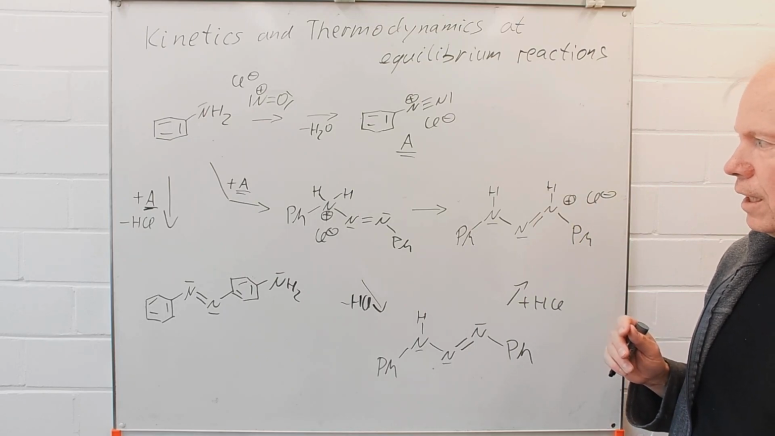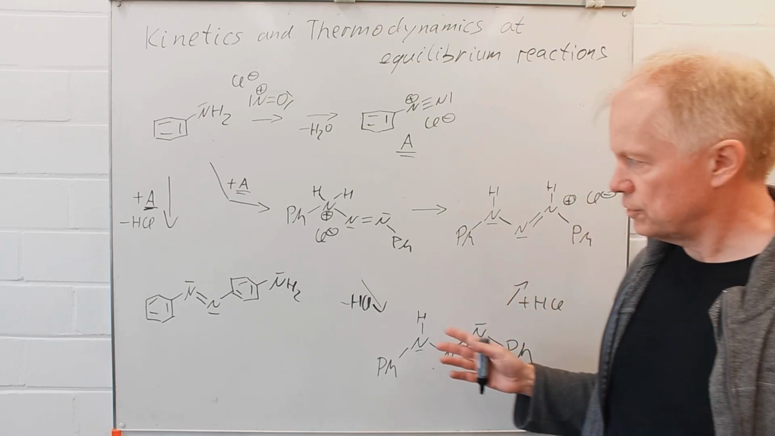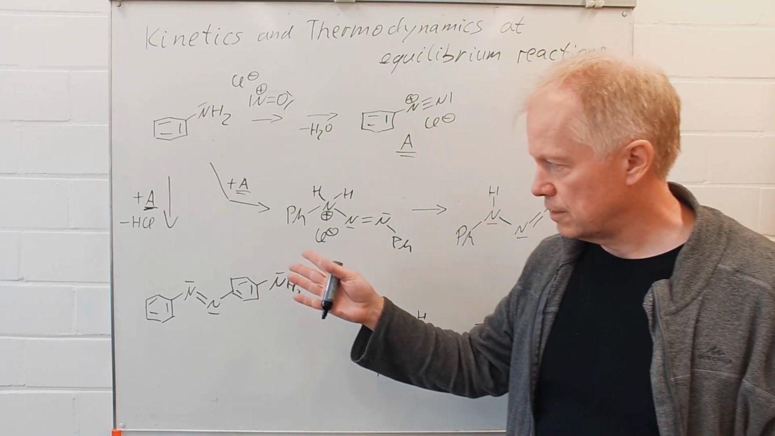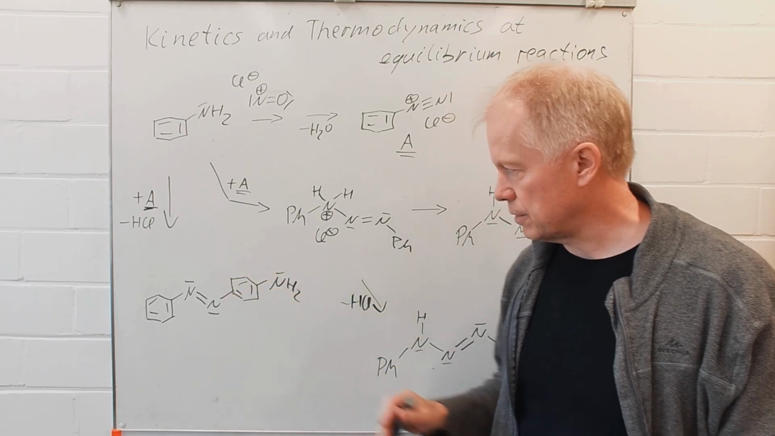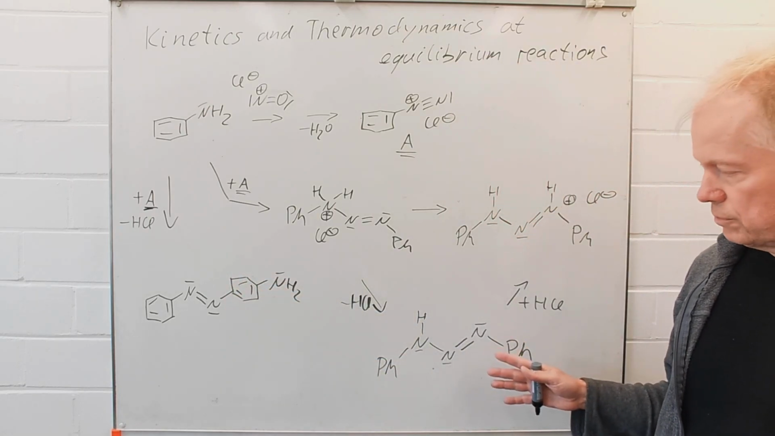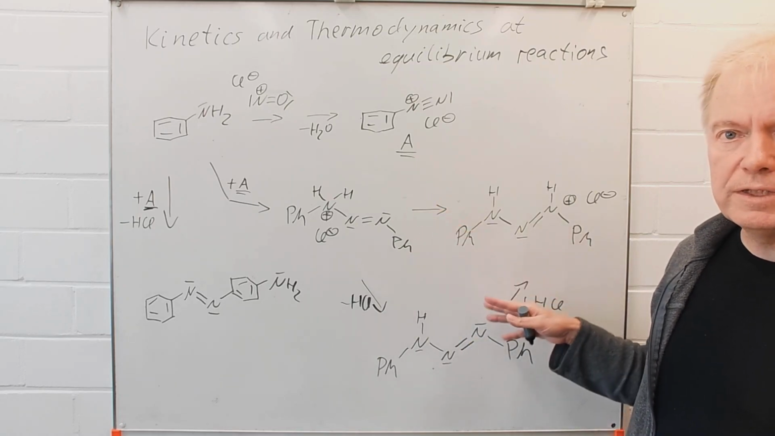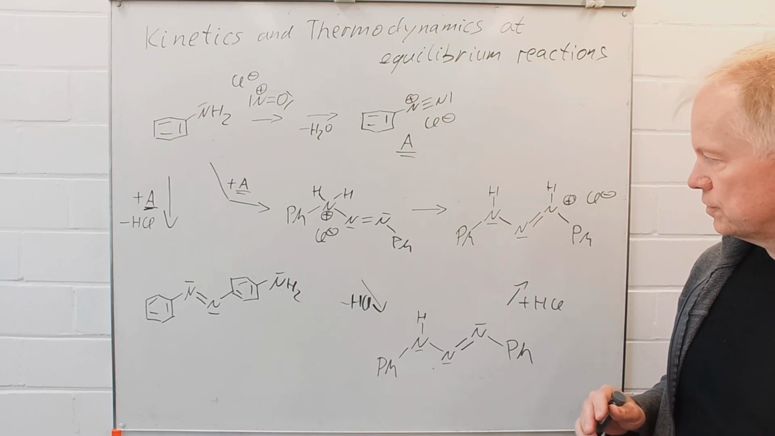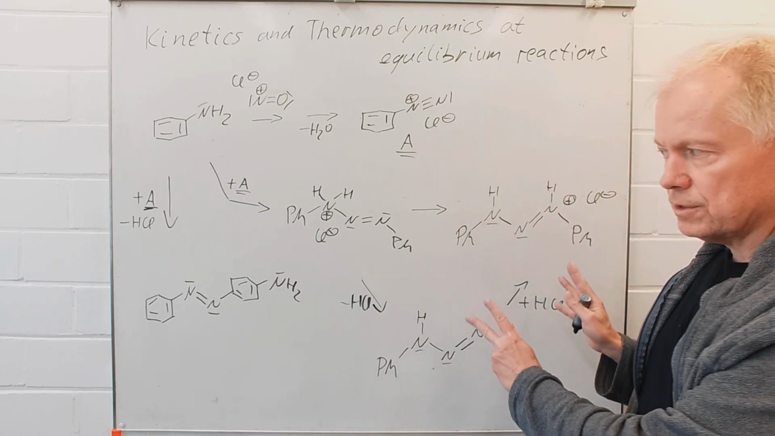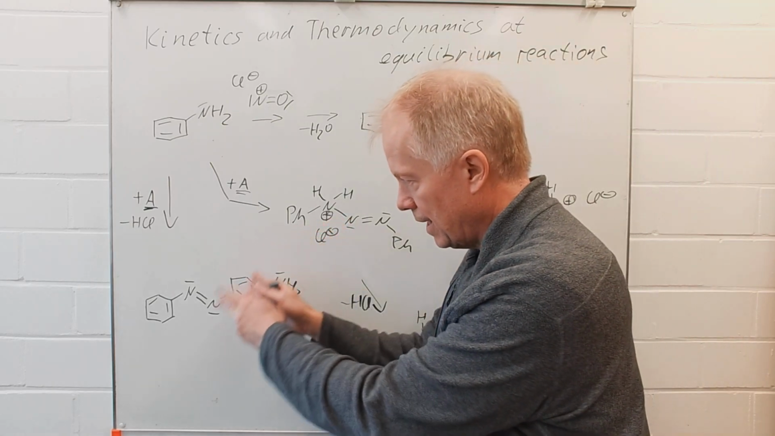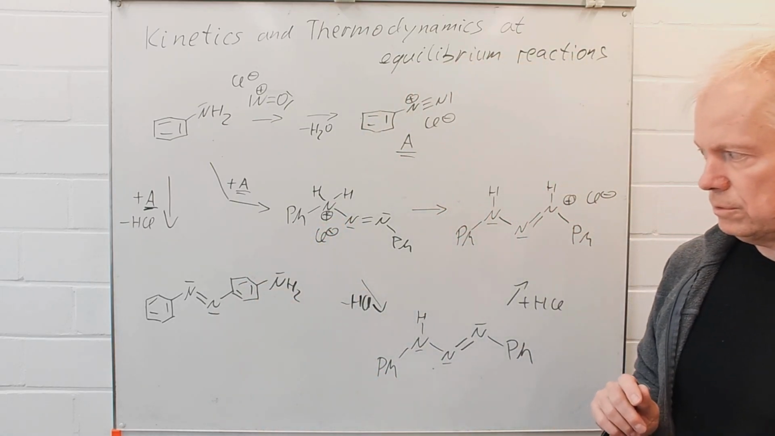Now, how can we get to the target product, the azo-coupling product? Well, this is possible because all these reactions are equilibrium reactions. This part is kinetically favored. The target compound is